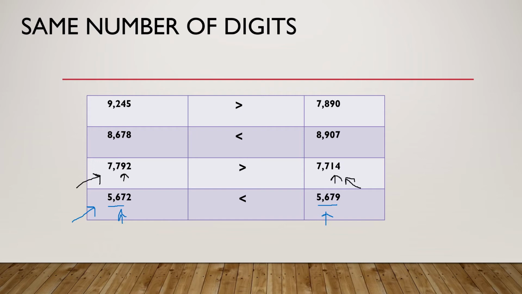So what do we do now? Now we compare the digits in the ones place. So we are comparing the place value of the digits in the ones place. Over here, as you can see, the place value is 2 and over here the place value is 9. So clearly 2 is less than 9. That is, the place value of 2 is less than the place value of 9. Hence 5,672 is less than